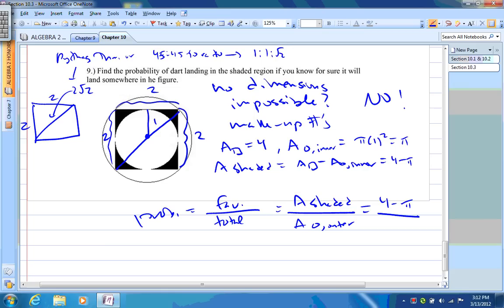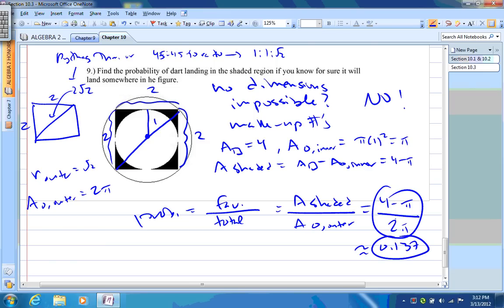So it means the radius of the outer circle will have to be root 2. So that makes the area of the outer circle 2 pi. And so that would be my probability, which is roughly equal to